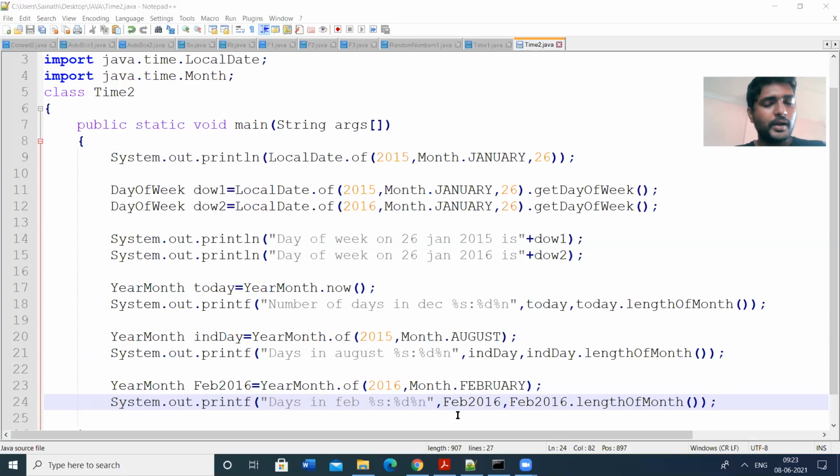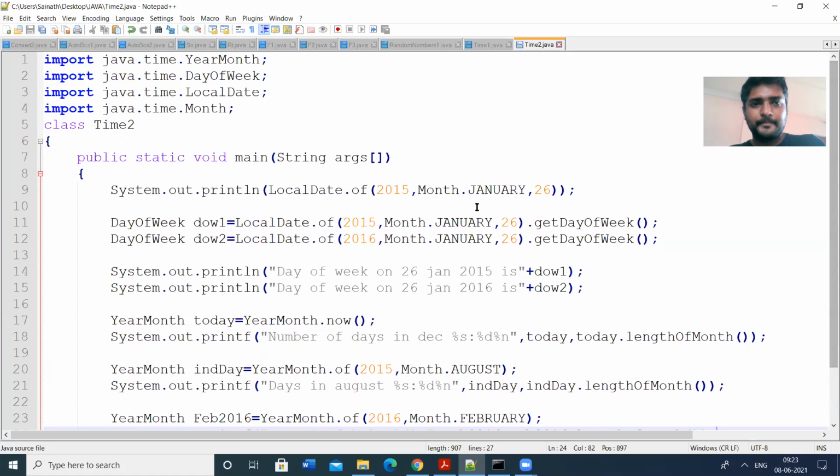There is another program, so we'll discuss it in the next class. In today's class, we have discussed the random class, that means random number generation, and then the time package. Time is a special package defined in Java. This time package consists of several methods for time and date related programs. For this, I have seen some classes as well as some methods.